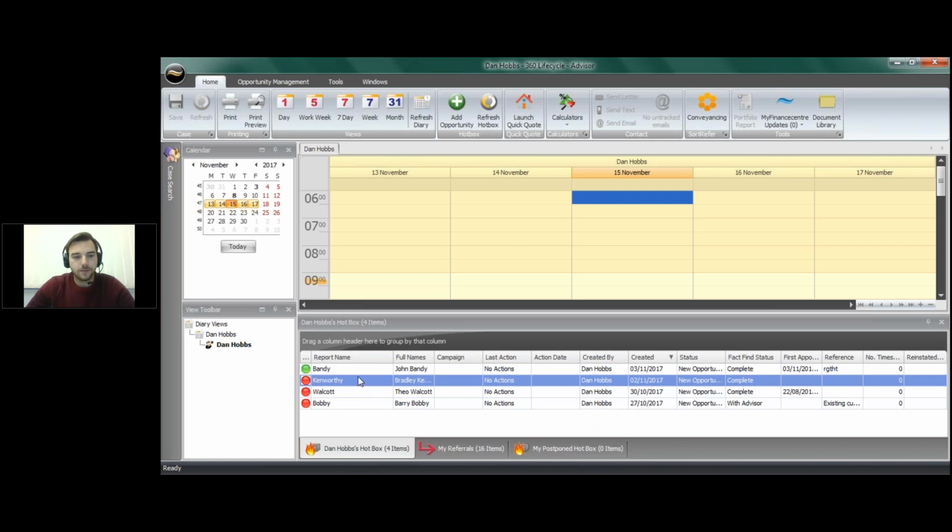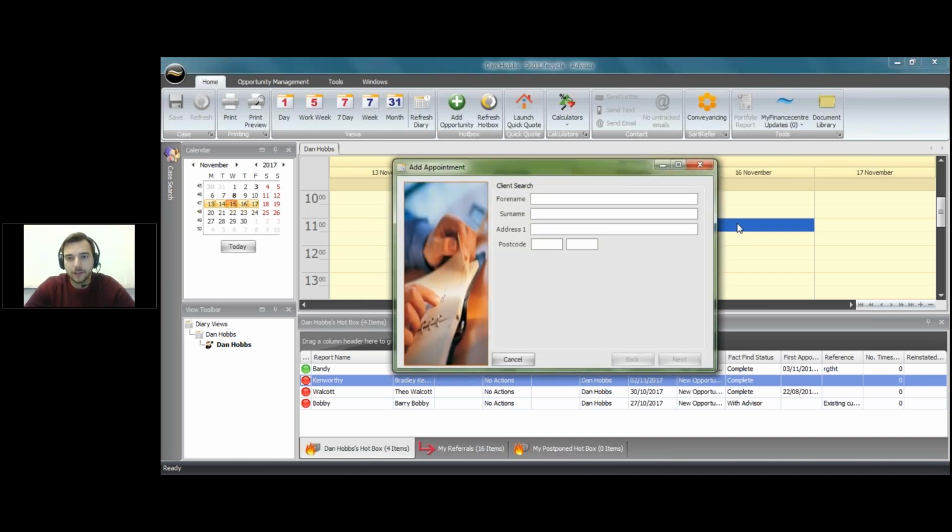So let's say I wanted to add in Barry to have a meeting, and we had a phone call, and we arranged to meet tomorrow at 11 o'clock. Well, let's look at the 16th of November, tomorrow, at 11 o'clock. There's two ways to do it. The first way is to literally click on the time that you're looking to add the client into, and I can search for the client this way